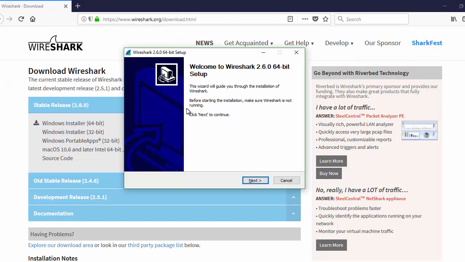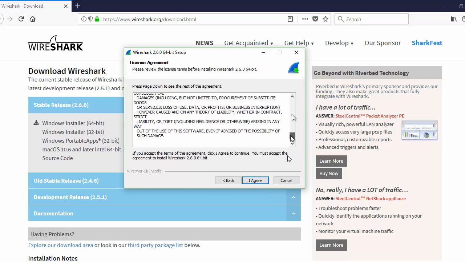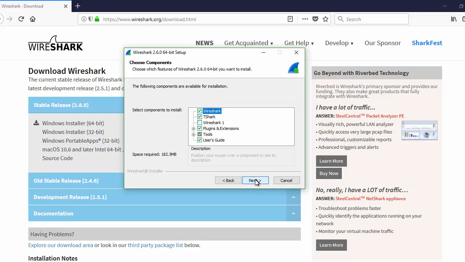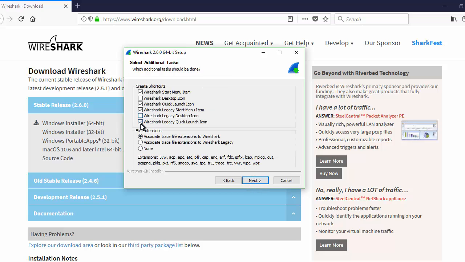After downloading the exe file, click on it and click yes for the warning. And this window will pop up. Click next and read it and agree to it if you wish. Click all of them and click next, and click on this button as well, Wireshark legacy desktop icon, and click